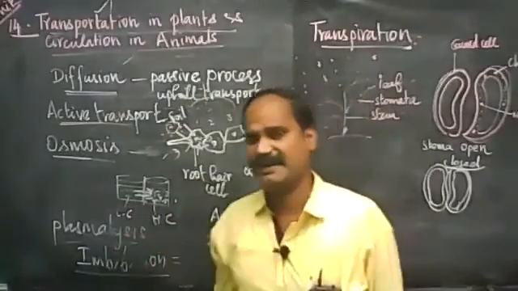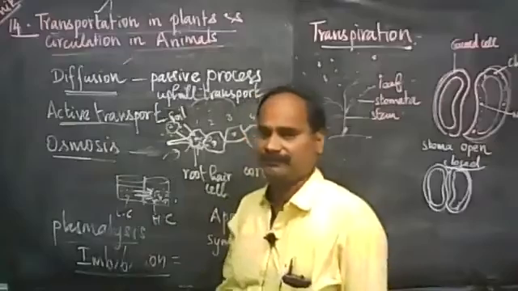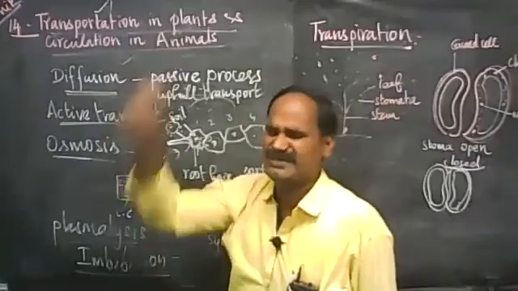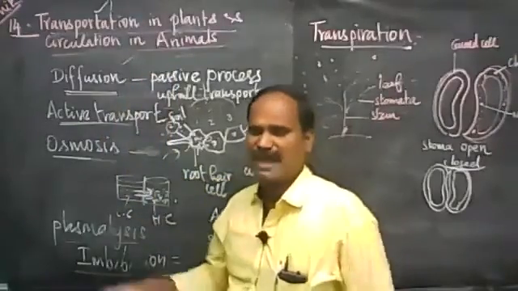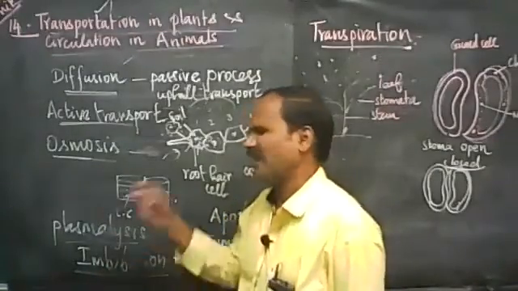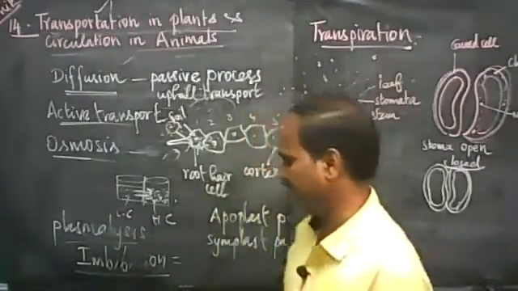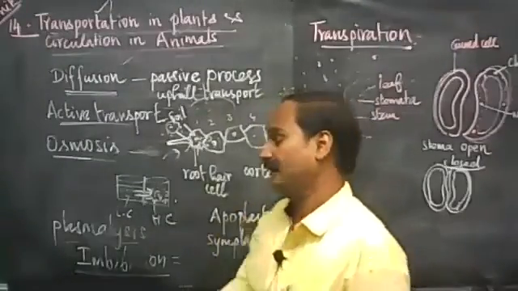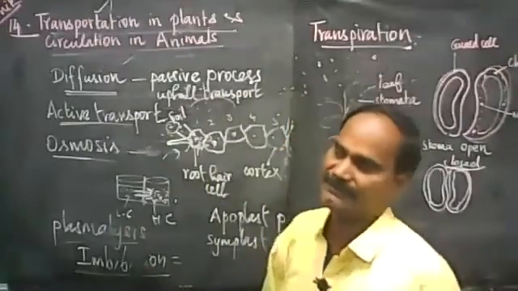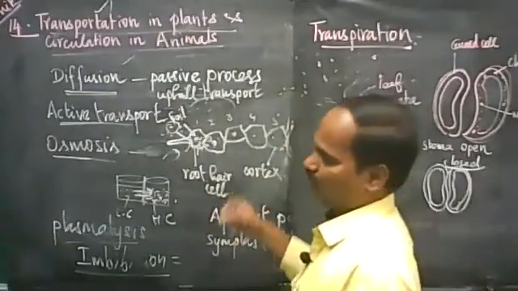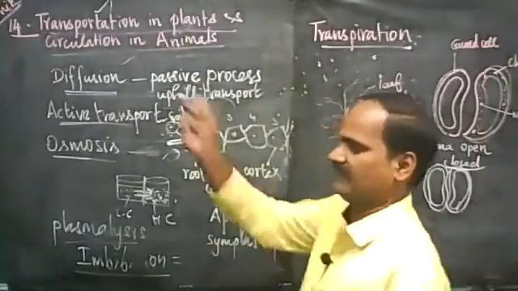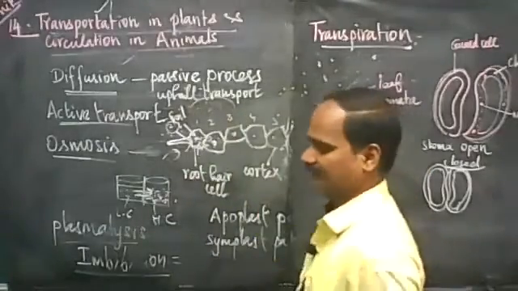So in plasmolysis, the cell is placed in hypertonic medium. When the cell is placed in hypertonic medium, it loses water. So the plasma membrane undergoes shrinkage. And that is called plasmolysis. So that we have seen in a detailed way. Then we have studied the meaning of imbibition and movement of substances or water by means of the apoplast pathway and symplast pathway, and the difference between these two, that we have studied in detail.